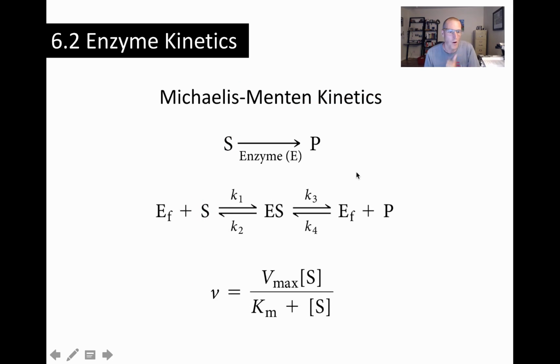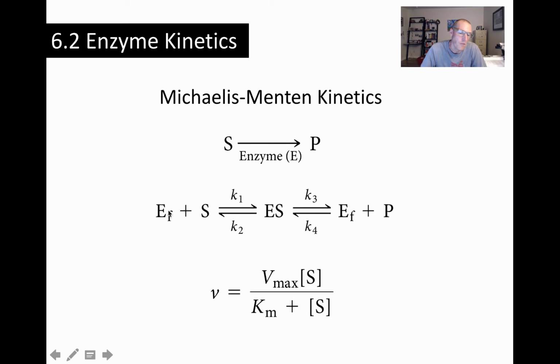So let's move on to some quantifications of what's going on in the graph. Let's start off with a general scenario. We have a substrate S, and it's converted to a product P by the enzyme E. That's just a generic way of explaining a reaction here. Let's break this down into more steps and think about what's happening in each step as we go. So in the middle here, this looks pretty complicated and intimidating, but it makes sense if you think about what each of these